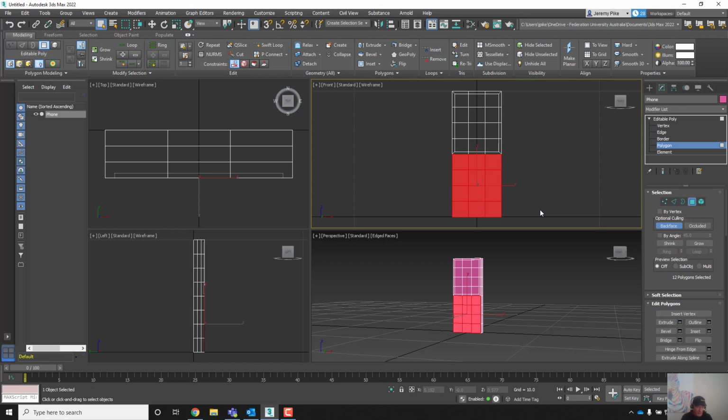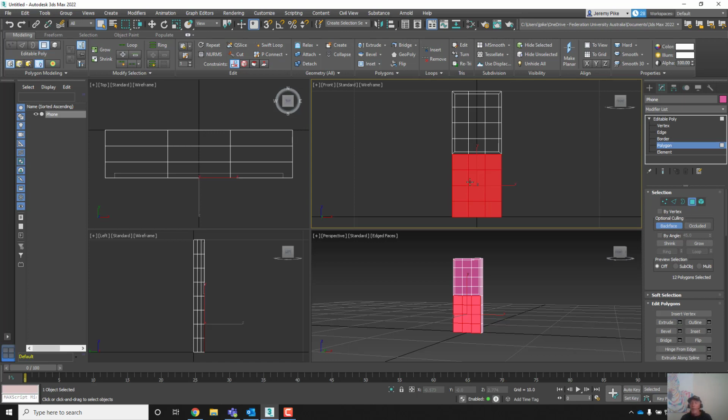In your top view, hold Alt and click and drag to select. Right click the selected polygons, then select the Inset dialog box. Right click the selected polygon. But what it's showing you too with this one is that